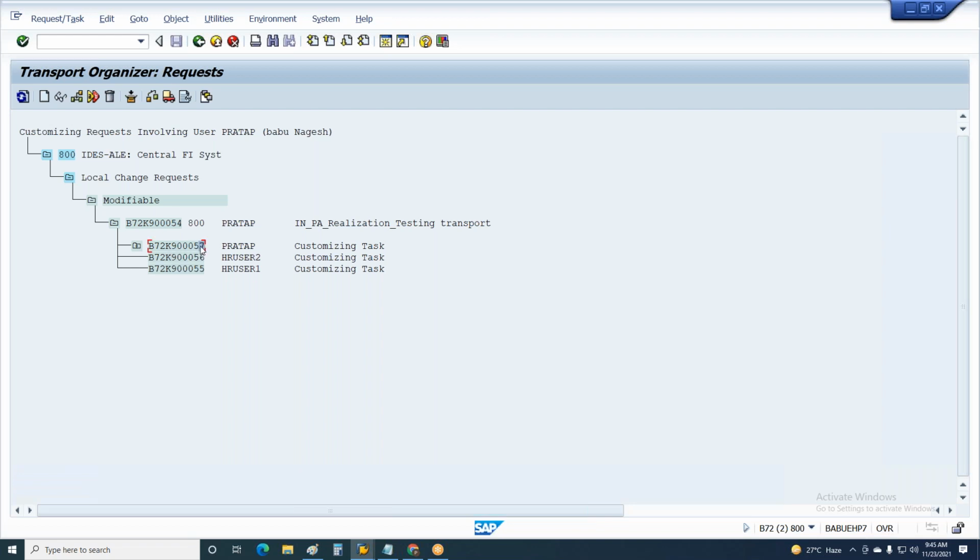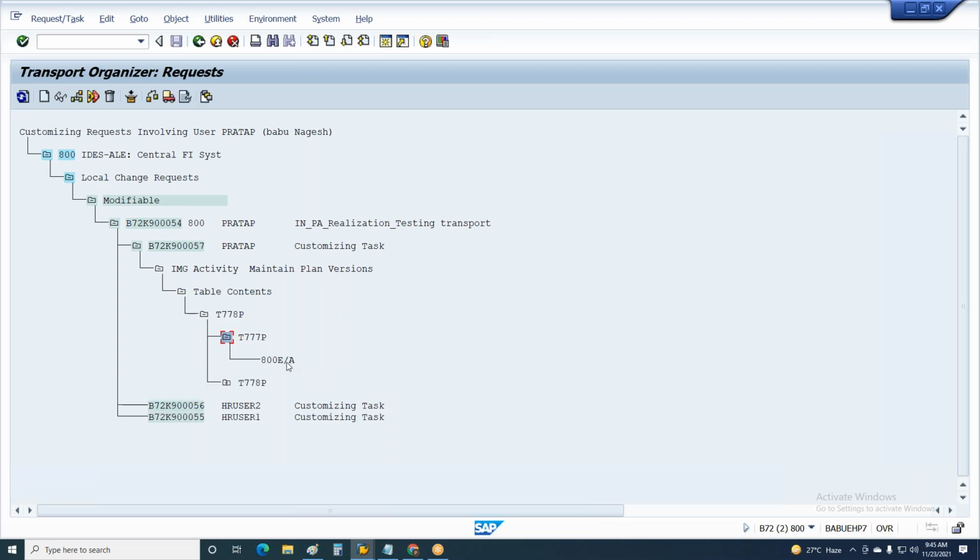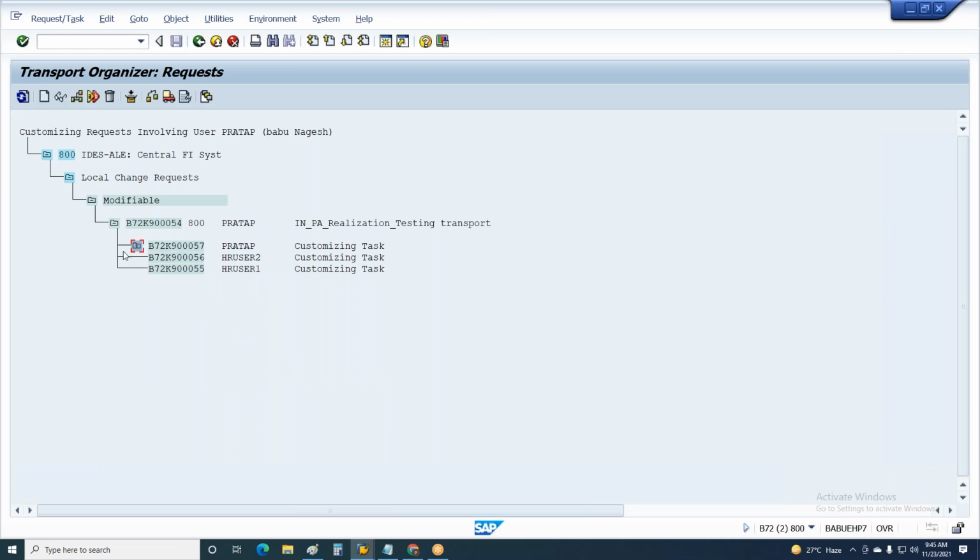Automatically, I did not select 57, I selected 54. So the configuration is stored. What is it? Plan version creation. Which plan version? /A. I created a plan version /A. So it shows here. So if I want to release it,